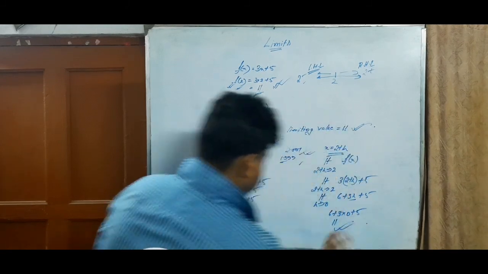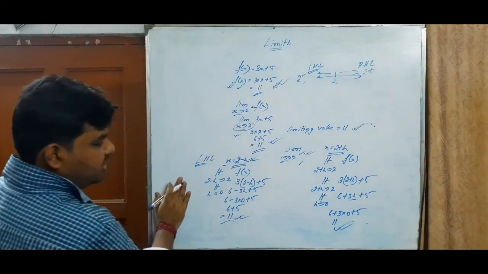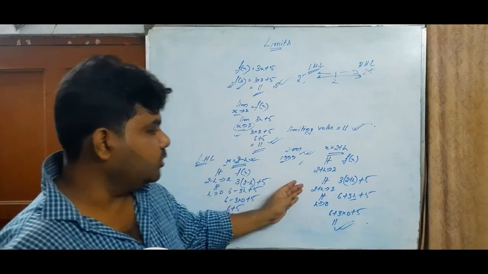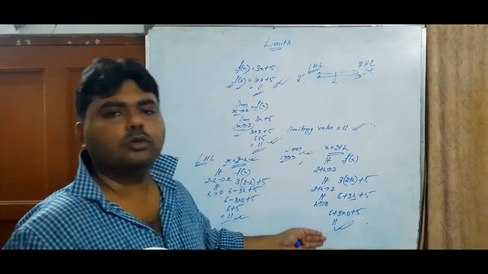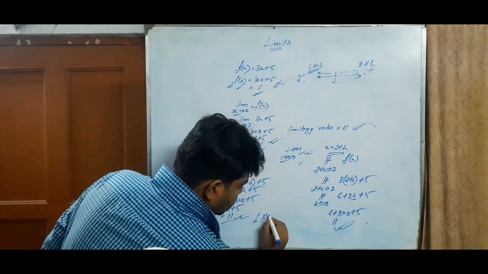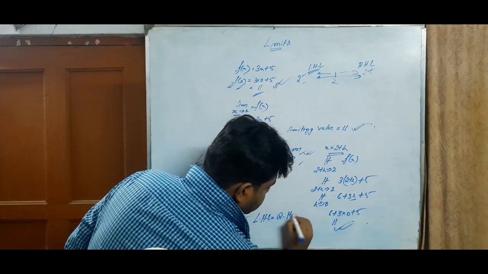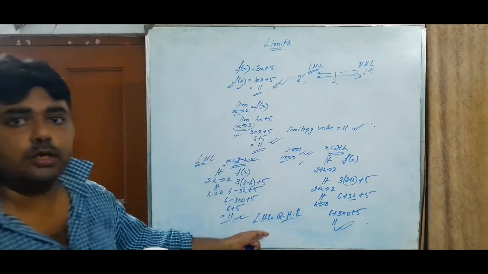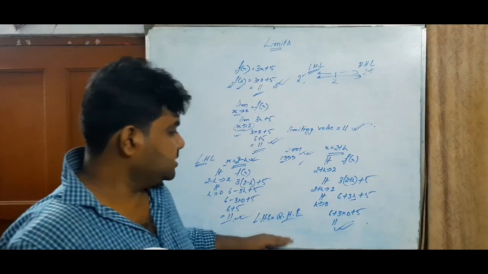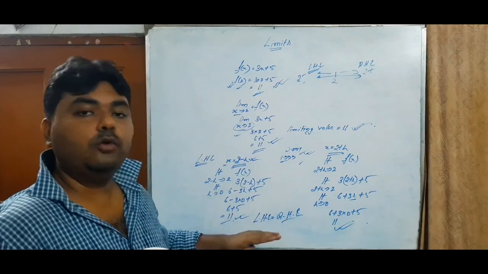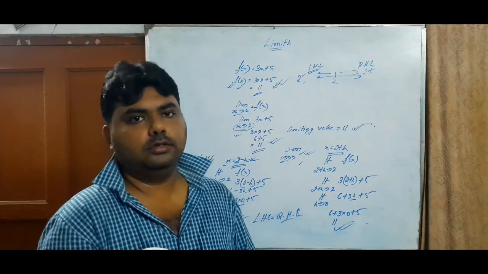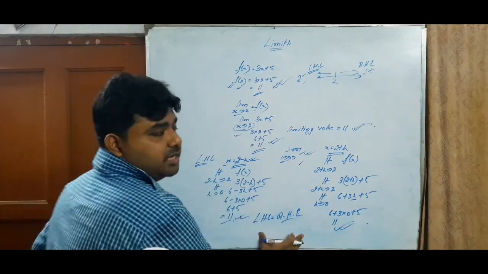That is 11. Now just see, the LHL, the left-handed limit, where we are taking a value less than 2, is 11, and taking the value greater than 2, that is also 11. Therefore LHL equals RHL, meaning the left-handed limit equals the right-handed limit. Therefore the limit exists. This is what we know about limits. But while doing sums, we will just put the value, nothing more than that. This is the concept about limit.